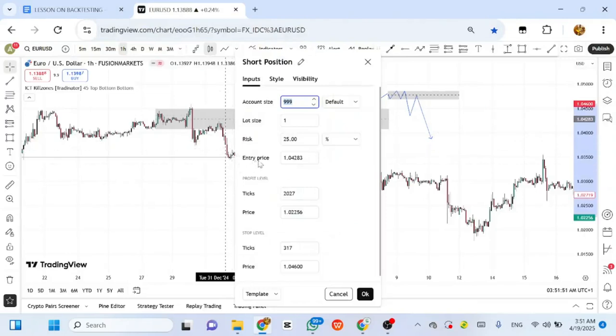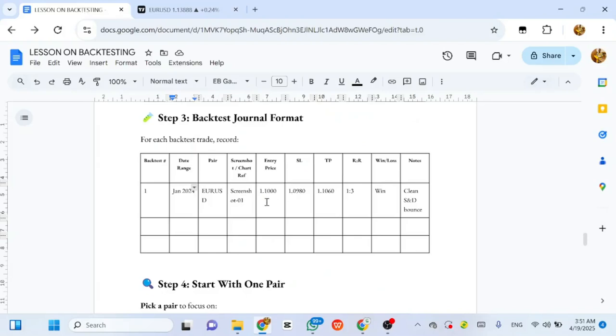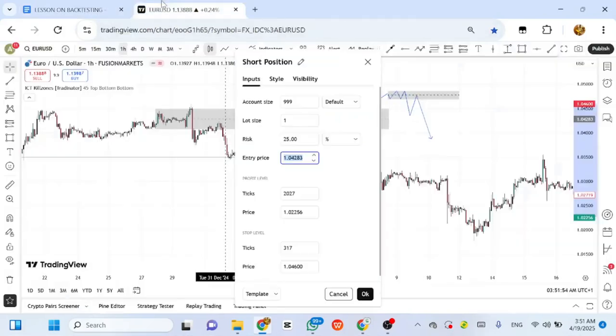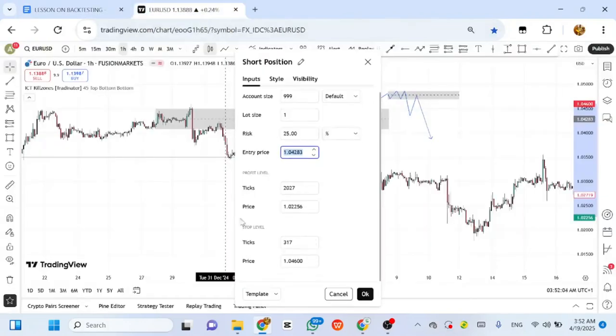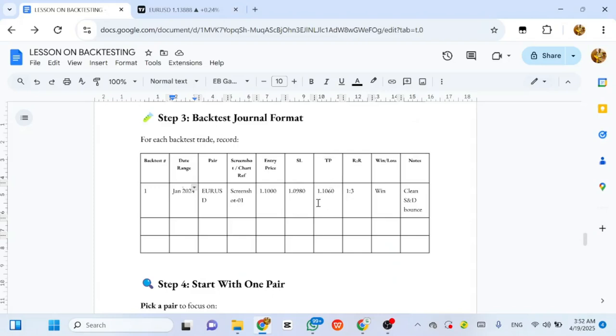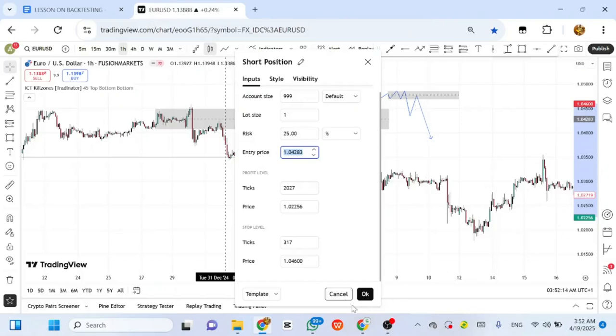So what do I say? I see entry price. I'll copy this price now and put entry price. Take profit price, copy it, put. You can see stop level now is my SL. Copy this and put, and then boom, I'm done with it. Then I'll just note, indicate. So I can just indicate that okay,